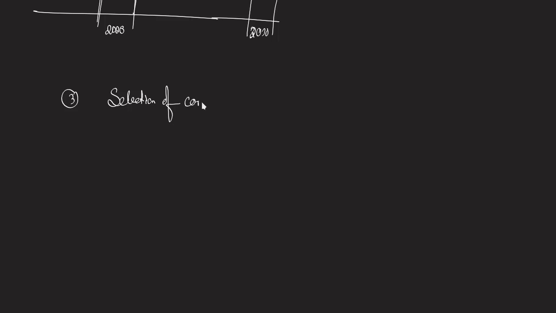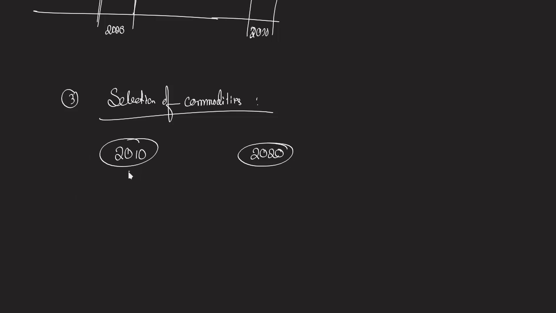of commodity. Selection of commodities. The selection of commodities means, if you want to compare the economy of 2010 and 2020, right? Economy jodi compare koribo lage je 2010 jitu economy ba market or situation and 2020 market or situation ki dhoroner